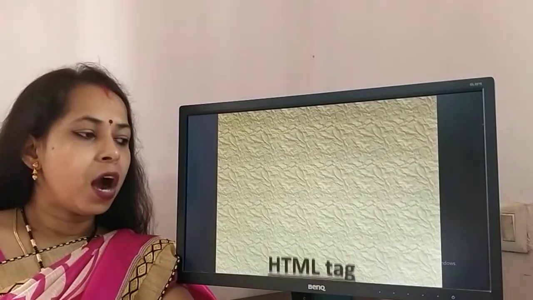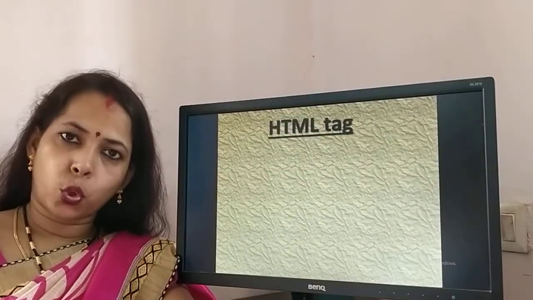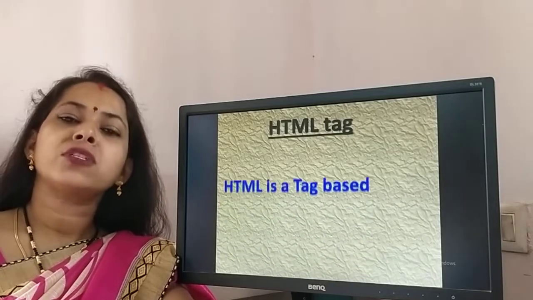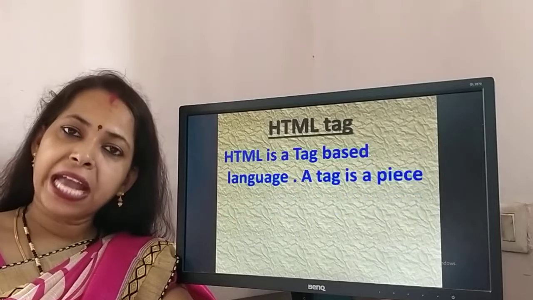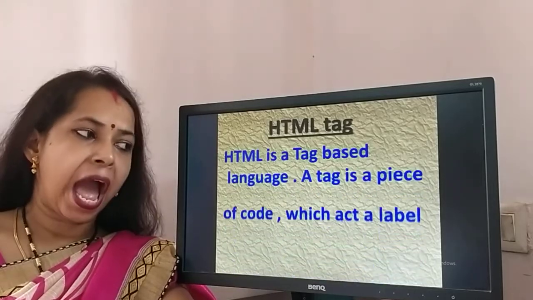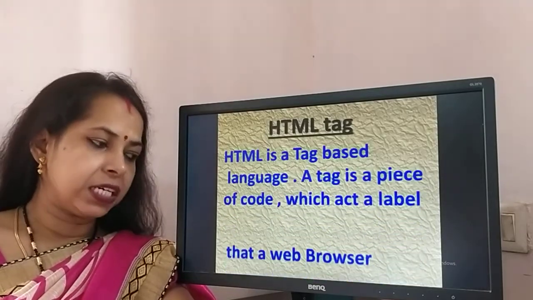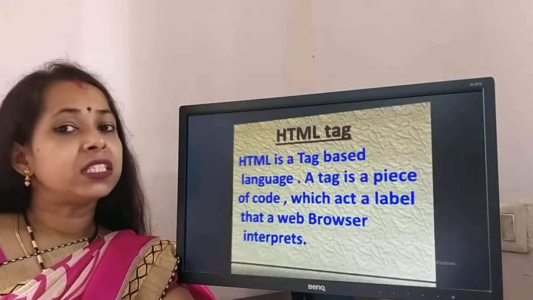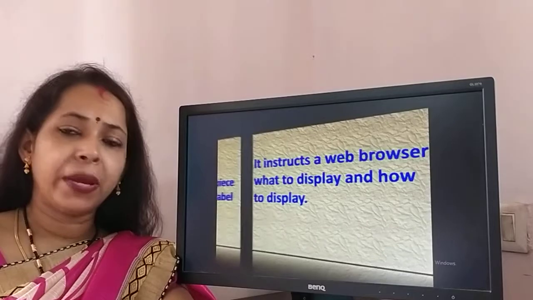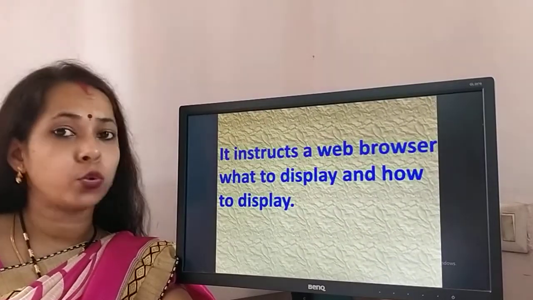Next is the HTML tag. What is an HTML tag? First of all, HTML is a tag-based language. A tag is a piece of code which acts as a label that a web browser interprets, and it tells the browser what to display and how to display it.